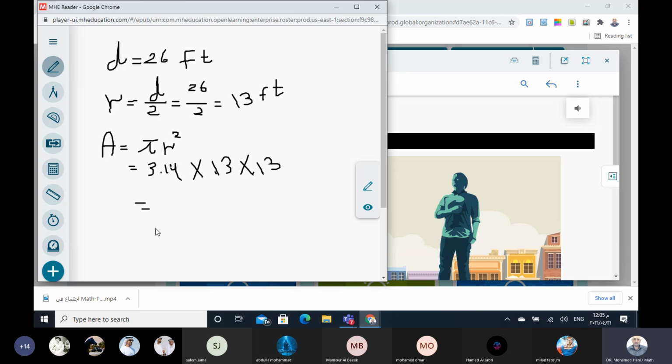Now we can calculate. We have 3.14 times 13 times 13. The answer will be 530.66 feet squared. Yes, this is exact. And if you want to round to the nearest hundredths,